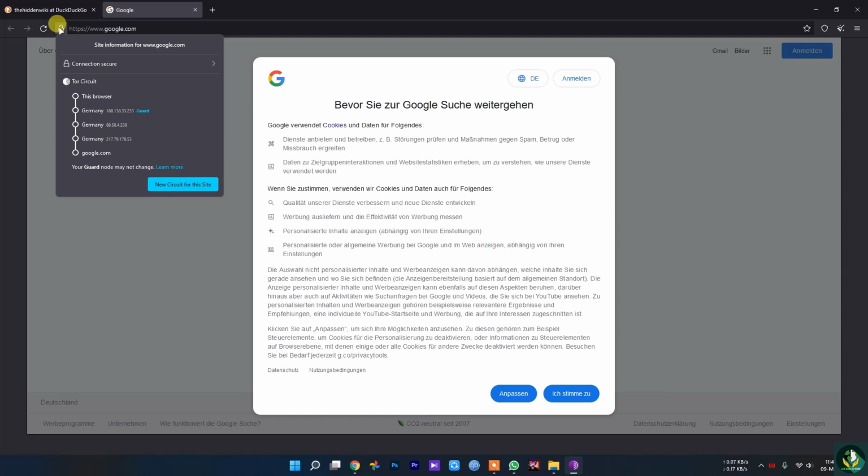But if I click this in here, it will show the Tor circuit, as we previously described how the Tor connection works. It's going to go to the first node, then the first node selects the second node, and then the third node, and then finally it goes to the internet, like google.com.